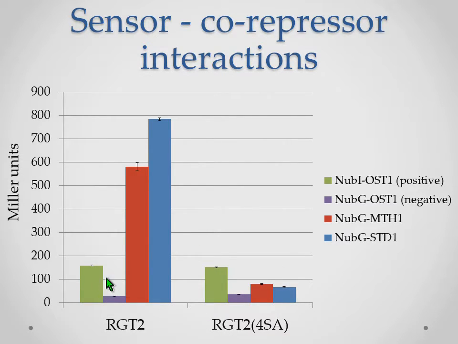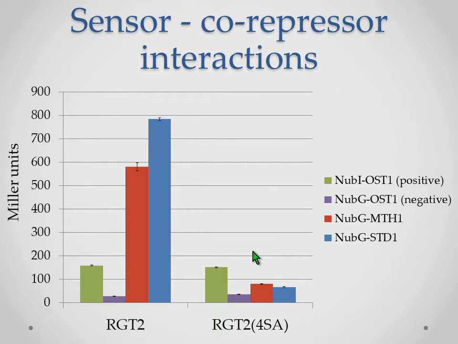And in green, you can just see a positive control and a negative control in purple, just to show you that both systems are working. And then when you look at the red and blue bars, you're looking at MTH1 and STD1 interactions, respectively. You can see when you're looking at RGT2 wild type, these high levels of interaction between the co-repressors and RGT2. However, just with those 4 point mutations of the serines to alanines within that box 1